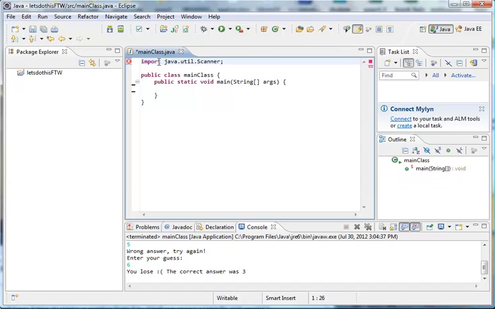Seriously, I'm just kind of making fun of myself, how I spell stuff incorrectly. All right, that's pretty crappy there, but